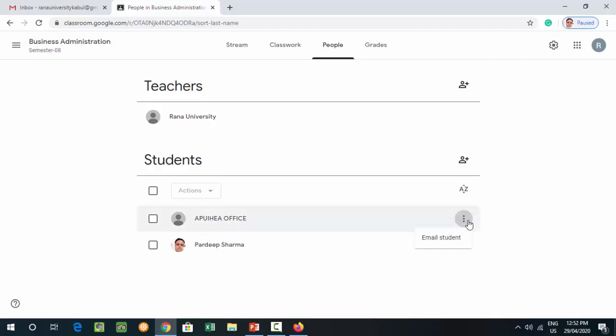so simply I will go here. Or if I want to write a particular email to the student, then I can write an email to the student. In this way I can invite him to attend any particular class over here. So let's say I am sending one email to my student that says welcome to this class. So simply when I click on email student, select it, and you will see that an email option will open in front of your eyes.